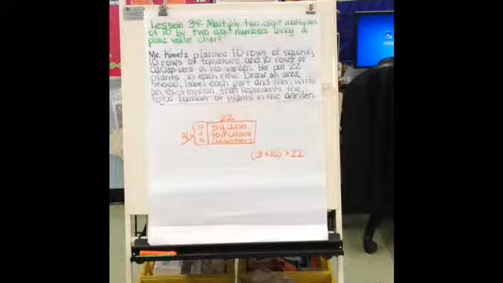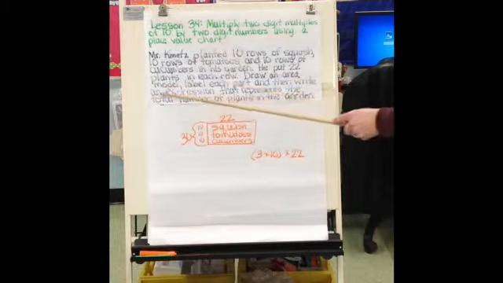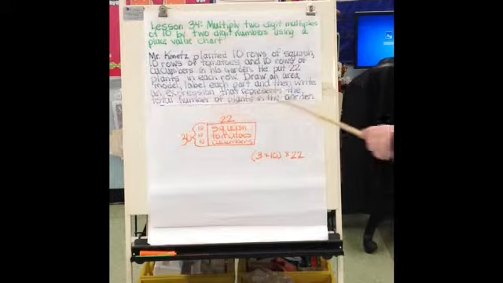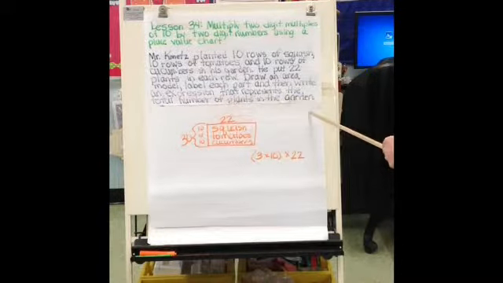Module 3, Lesson 34. Multiply two-digit multiples of 10 by two-digit numbers using a place value chart. Let's look at our application problem. Mr. Kometz planted 10 rows of squash, 10 rows of tomatoes, and 10 rows of cucumbers in his garden. He put 22 plants in each row. Draw an area model,